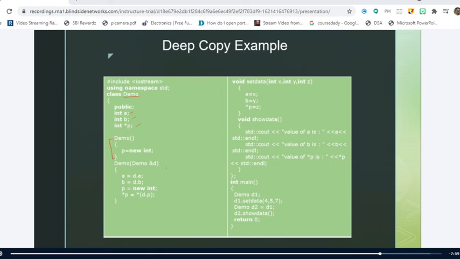So when you create an object D1 like this, the default constructor will be invoked and it will create memory for the pointer by using the new operator. Listen carefully. When we use the new operator, it is nothing but dynamic memory allocation.